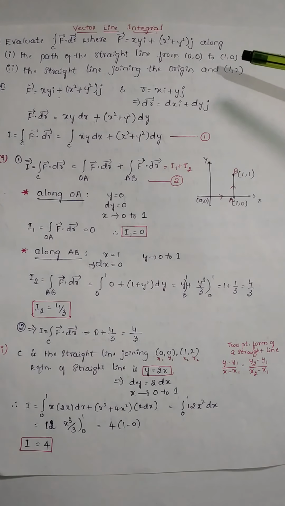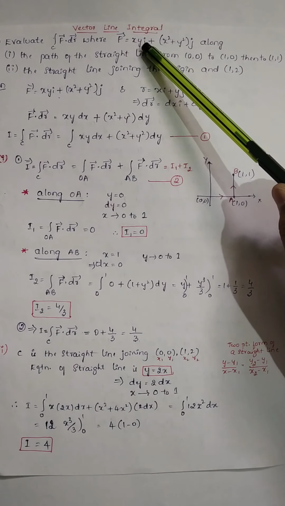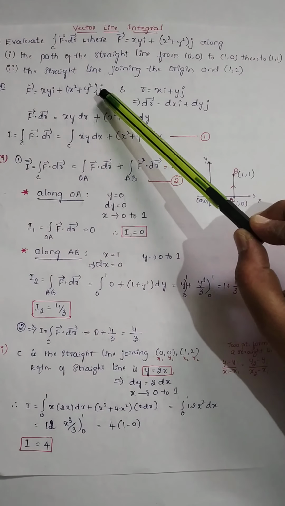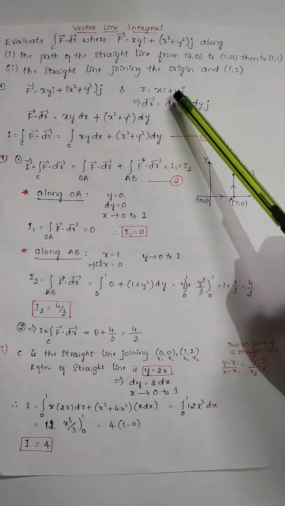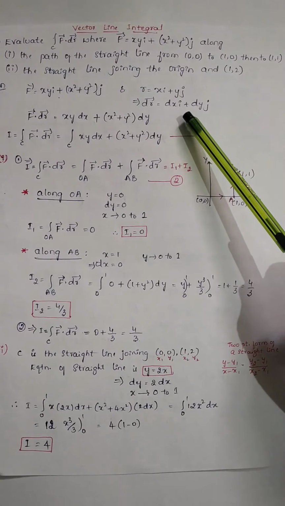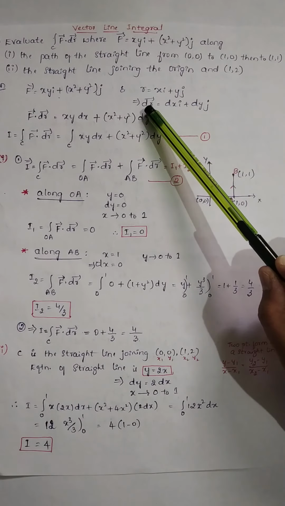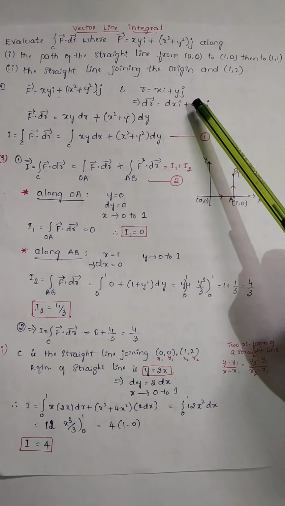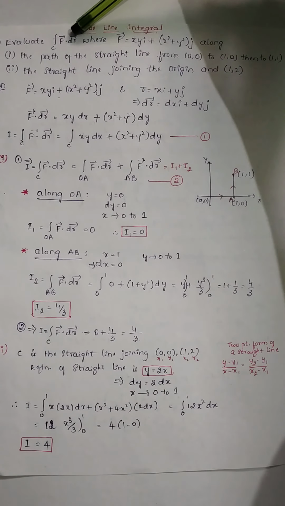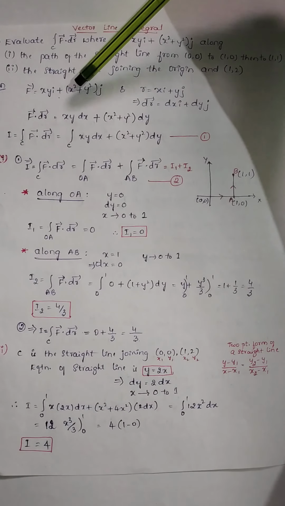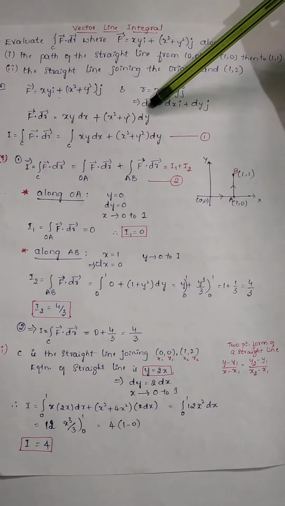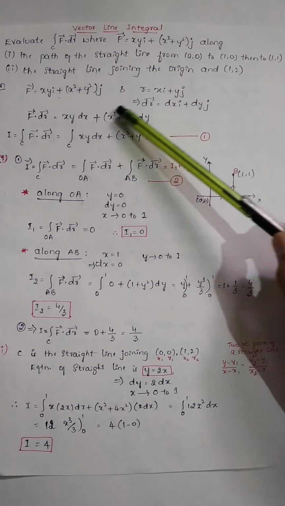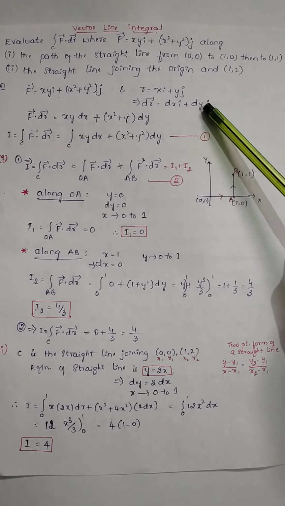So you need to evaluate this integral over these two. We will write F first in the question. Vector F is equal to xy i plus (x square plus y square) j. Then write r, which is nothing but x i plus y j. Now apply the differential operator and find dr. So dr is equal to dx i plus dy j. Then to evaluate the integral, you need to find the dot product of F and dr. So F dot dr will be xy dx plus (x square plus y square) dy.